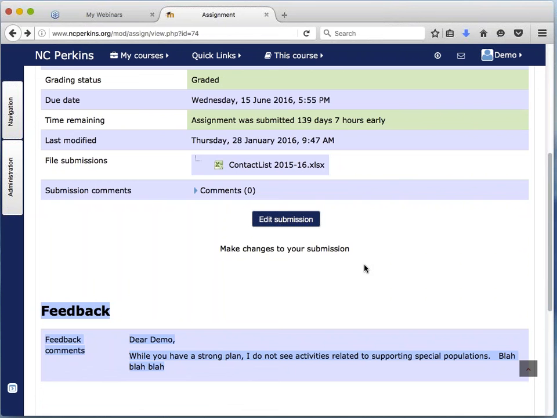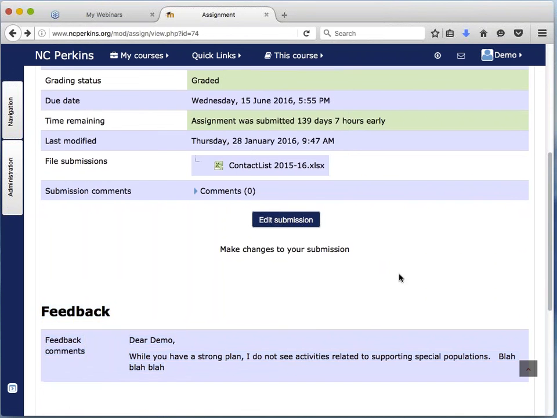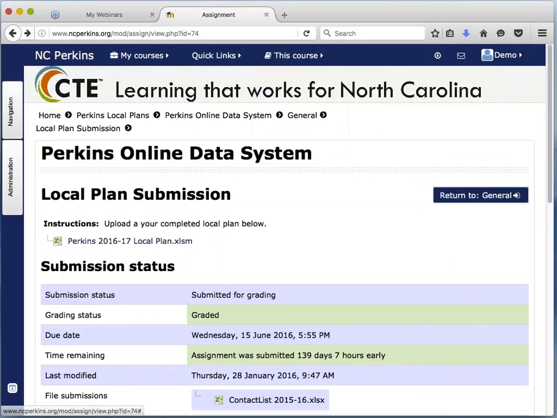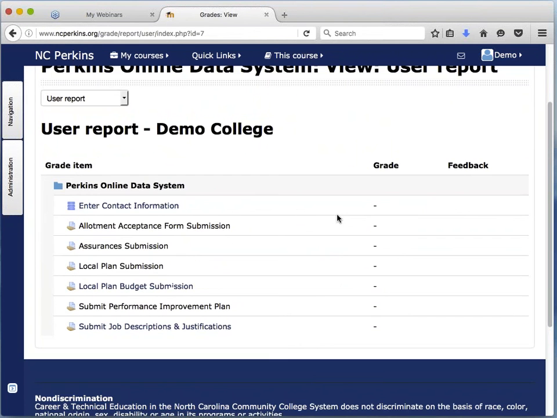The question I've had from a couple of colleges is, how can I see this at a glance? There's really two ways. This is Moodle. Many of your colleges out there use this for your online classes. For us, it's under grades. If you come here, you're going to see a form that looks like this, and where it says grade, you will see either under review, accepted, needs revision. All of that will be here on this one page.